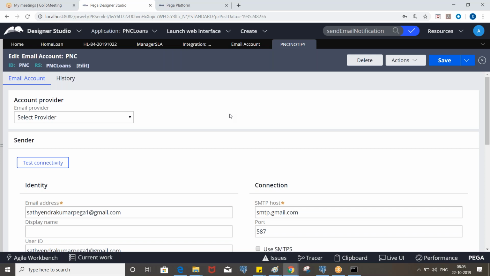But we can also send an email to external parties who do not belong to the PRPC application. So let's say you are working on an insurance application and you need to notify about the premium, right? You cannot only send to the employees. You always need to send to the customers. So those email IDs will be in some table, and you will fetch all those customers and send one by one. Okay, that is like sending an email to multiple customers at a time.